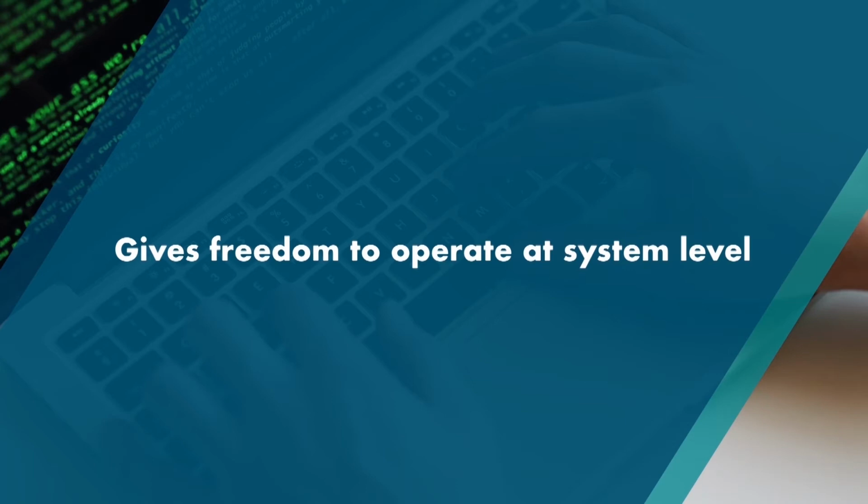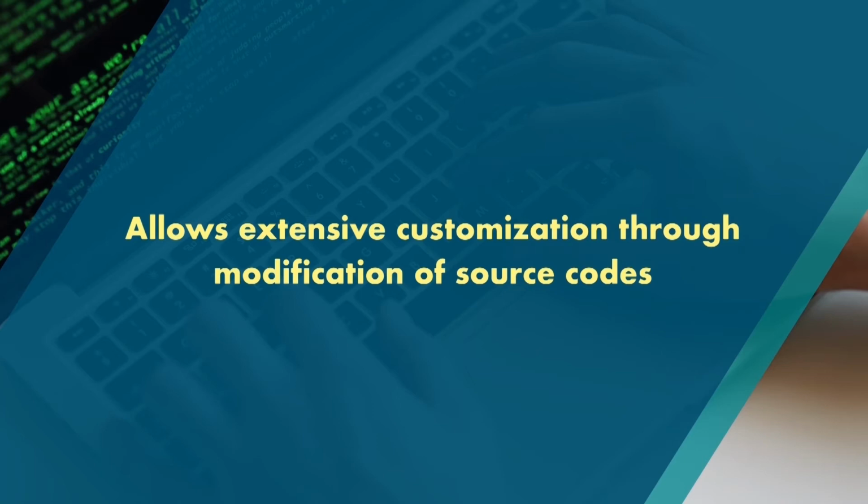We don't have any freedom to change, to experiment, to measure different capabilities of a given software. But in the case of open source software, we have the freedom to operate at the system level. We can experiment, we can measure changes, we can apply our professional knowledge. It helps community computing, and allows extensive customization through modifications of the source code. No two libraries under the sun are the same. So a one-fit-to-all software may not be suitable for every library.